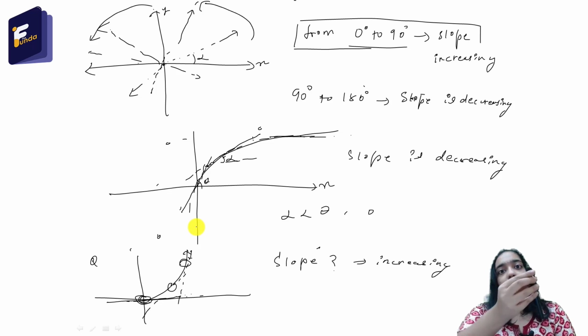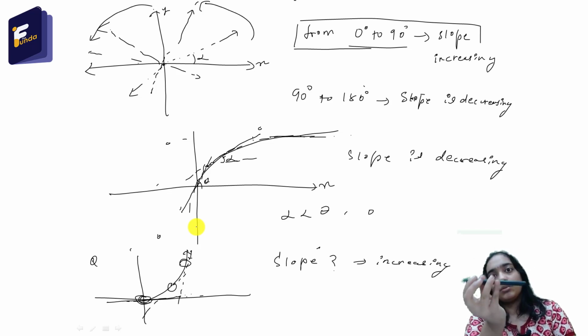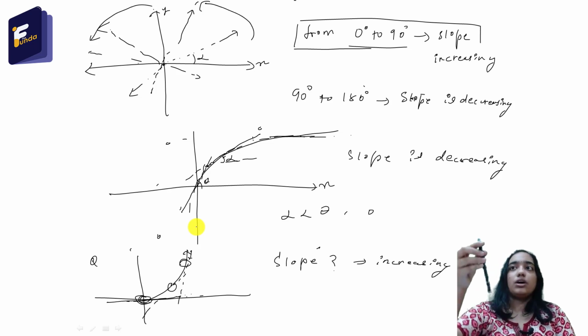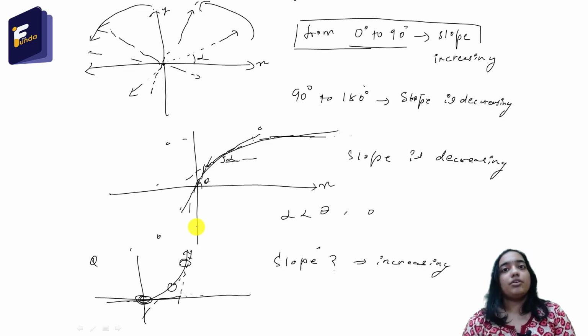And if the pen is becoming flat, that is, touching, becoming horizontal, that means the slope is decreasing. This is only the concept. You can see just by looking at the graph how my pen is moving, and from that you can know whether the slope is increasing or decreasing. This is a simple trick, so you can find out about the slope very easily. You can use this trick whenever you see a curve.